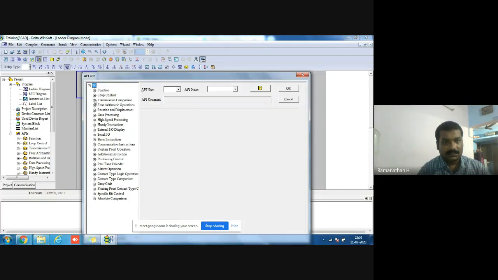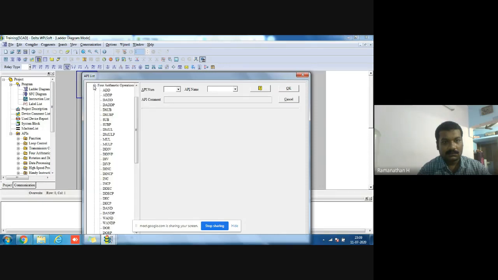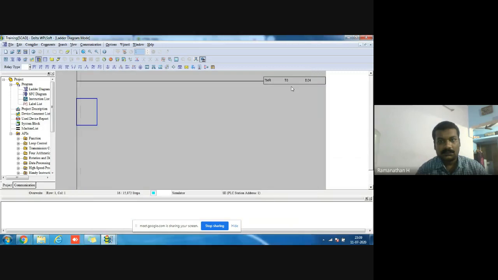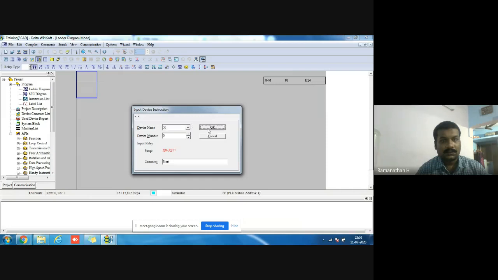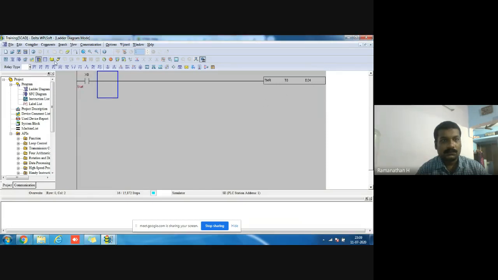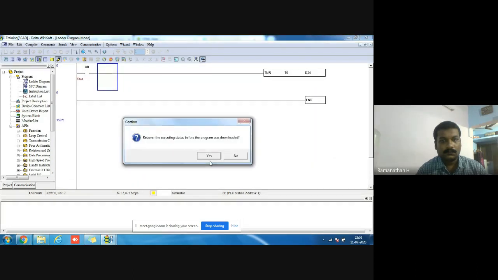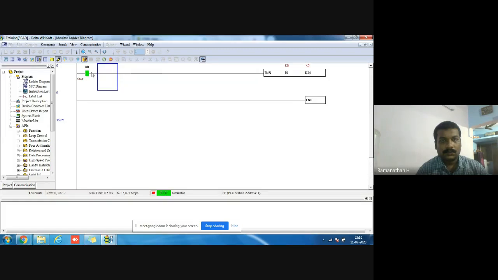Timer, TMR. Next I compile. I turn it off first.